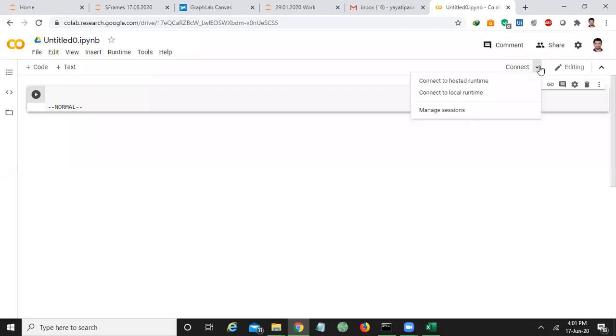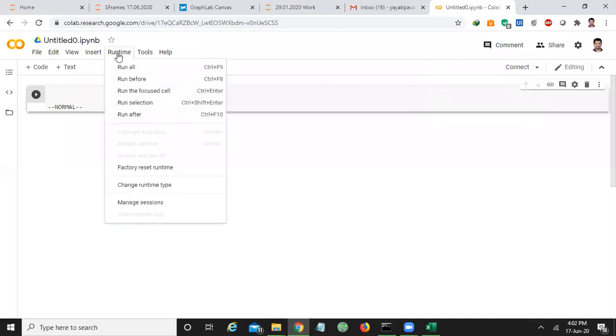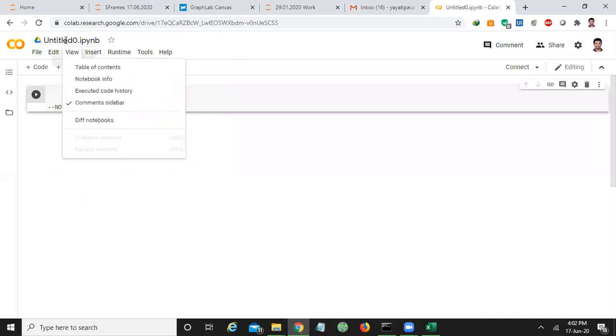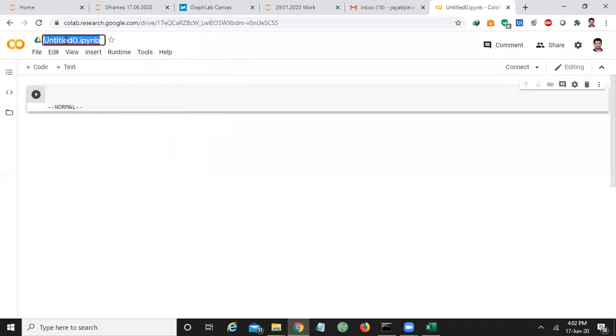So here, once you have to check the runtime, or you have to give a title to this notebook. Here Untitled0 is there, right? Double click on it, select Untitled0 and give your own name. Anything is okay, for example, exercise 1.ipynb.